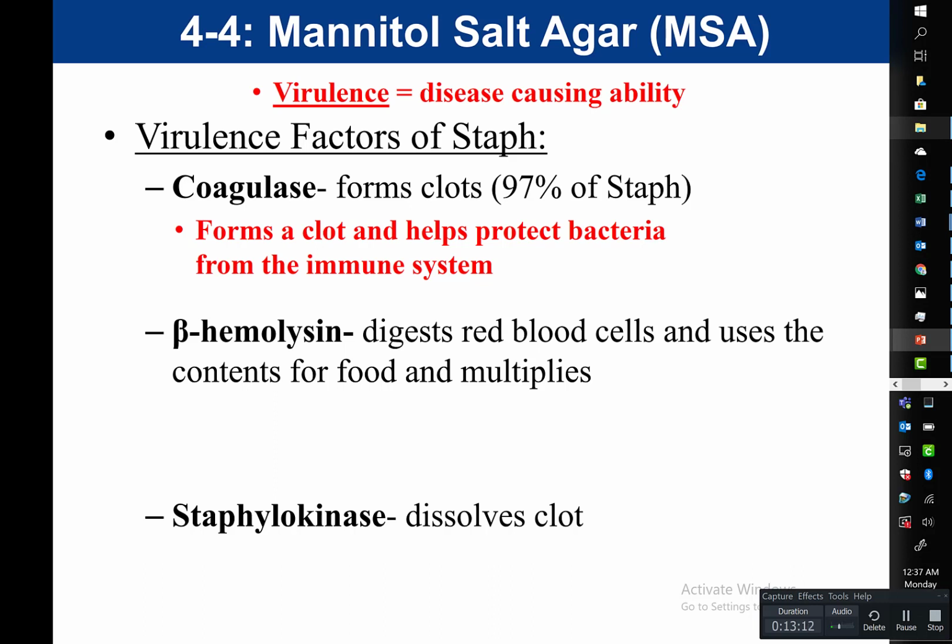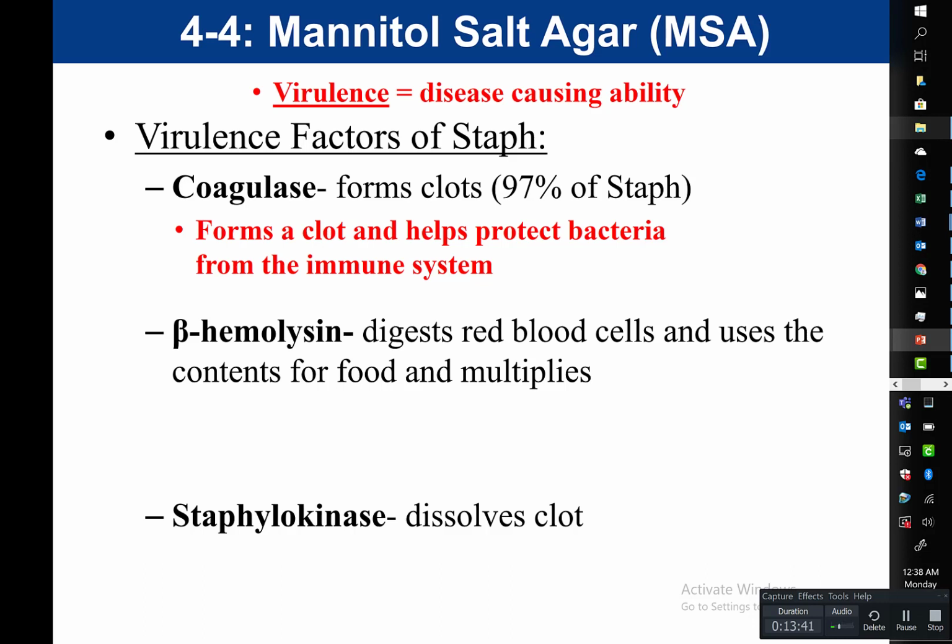Well, if you think about the bloodstream, that is often not a very favorable environment for bacteria, because also in the bloodstream are the white blood cells. And the white blood cells are your immune cells that are going to fight off foreign invaders. And so if the bacteria gets into the bloodstream and it's being bombarded with these white blood cells, those white blood cells are going to destroy the bacteria.